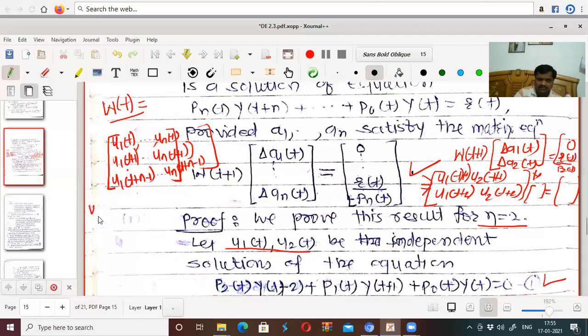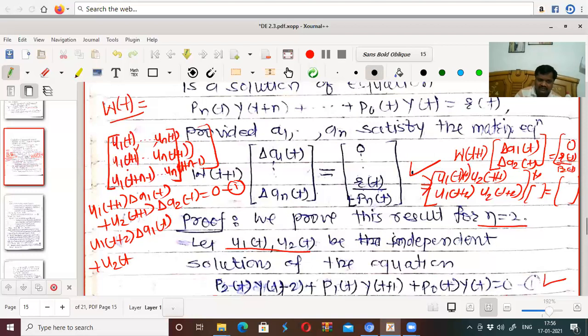Which two equations? u1(t+1) Δa1(t) + u2(t+1) Δa2(t) equal to 0. That is the first equation. And the second is u1(t+2) Δa1(t) + u2(t+2) Δa2(t) equal to R(t)/P2(t). So what we have to show, for n equal to 2, is that